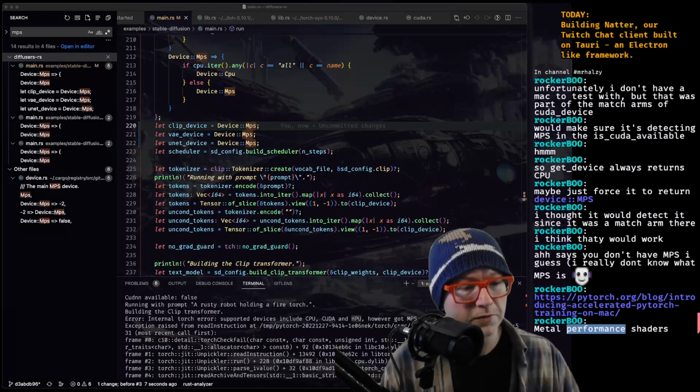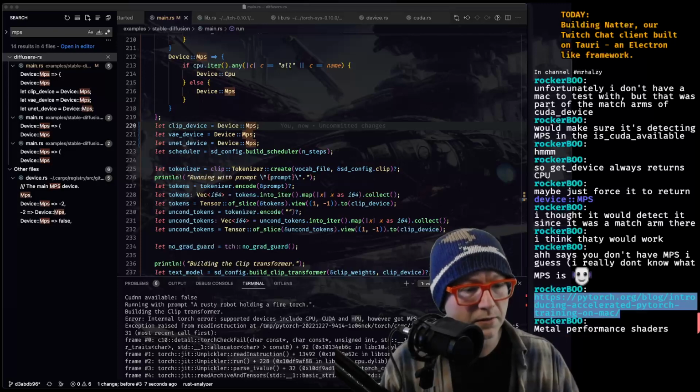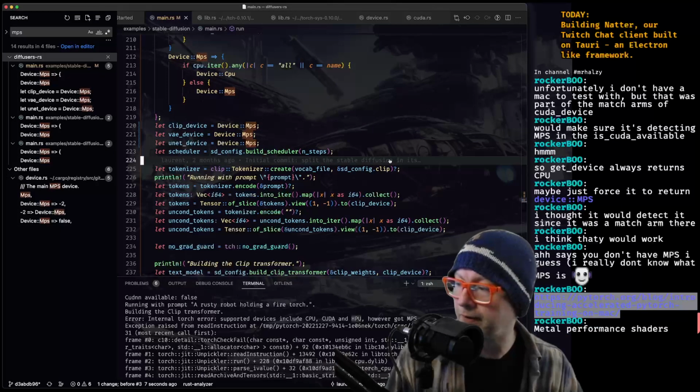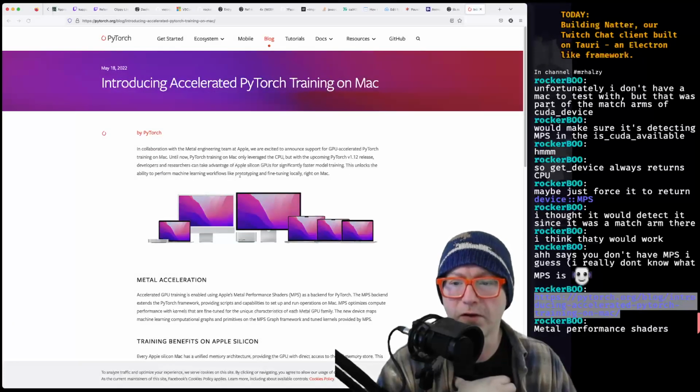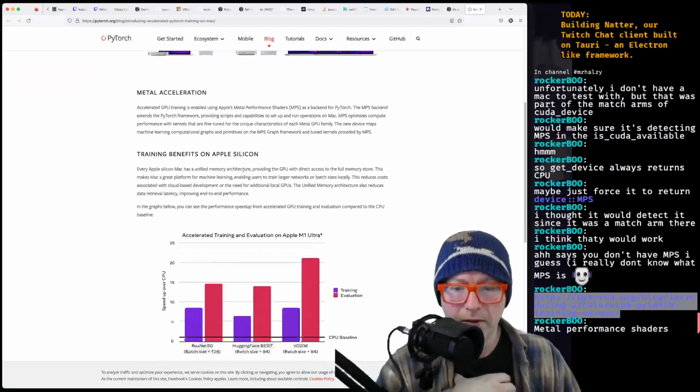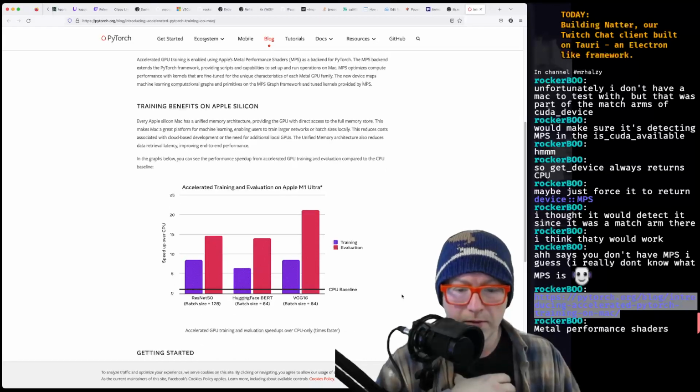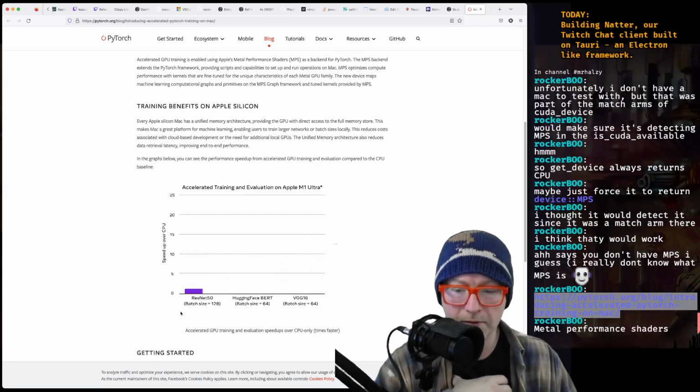Oh, Metal Performance Shaders. Copy link. I want to see that. Wow. Yeah.